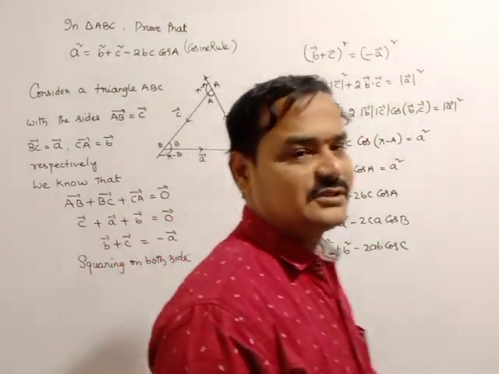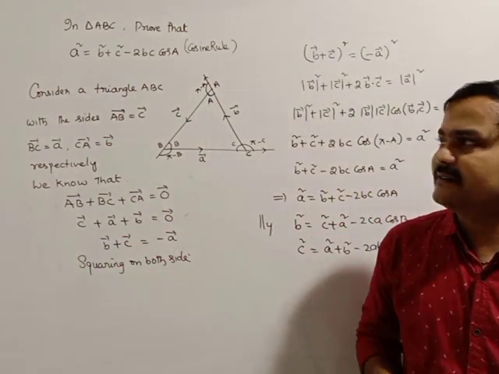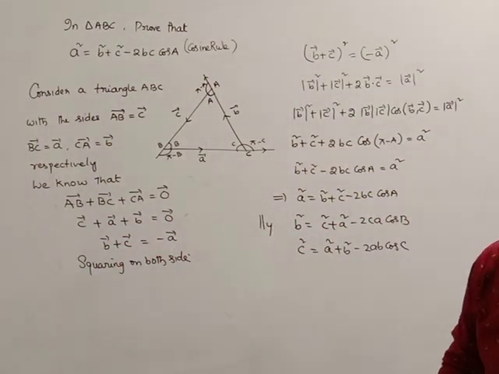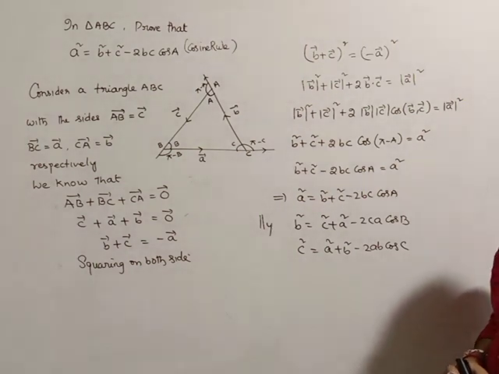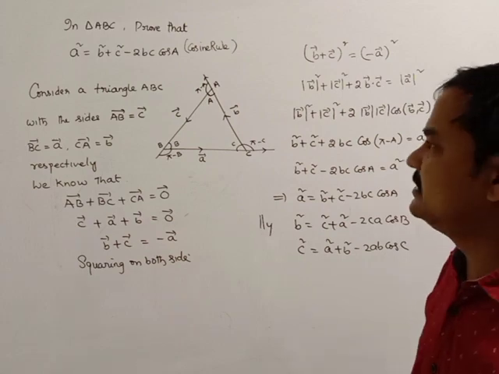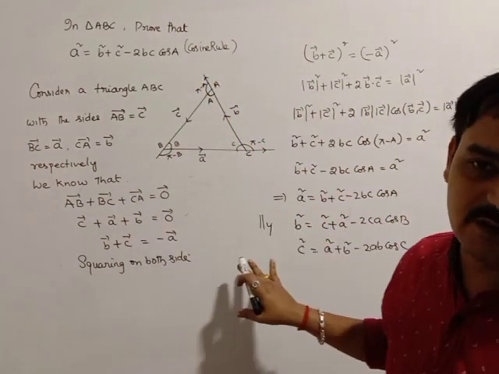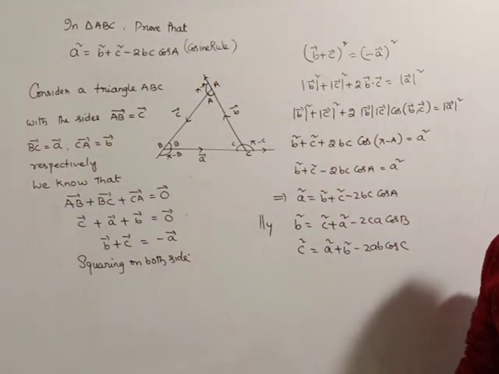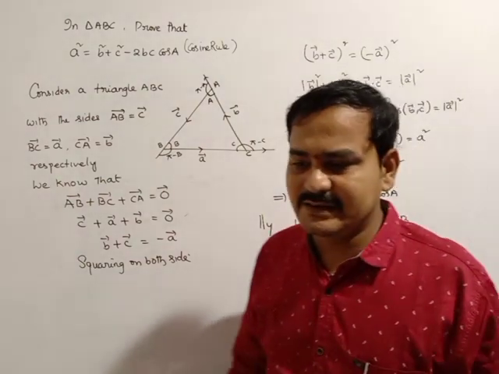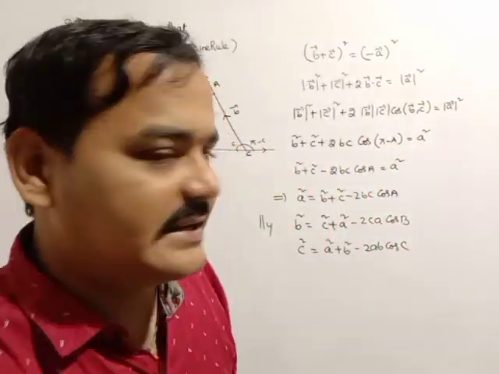This is a very important 4 marks question for vectors, in the second exercise on dot product. This is called the projection rule, and it is in your example questions also. So this is a very important 4 marks question. Okay, if you all are getting it, we will go for the next theorem.